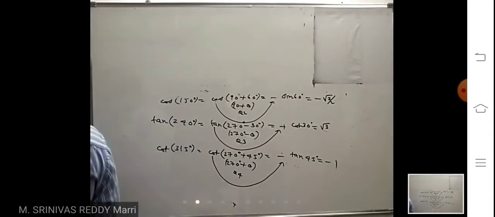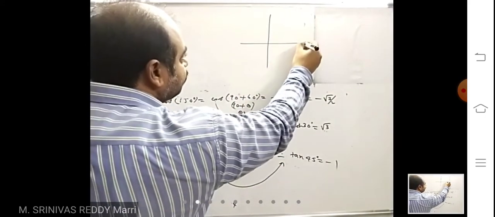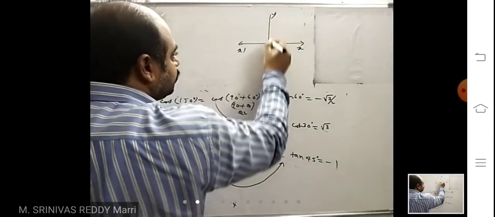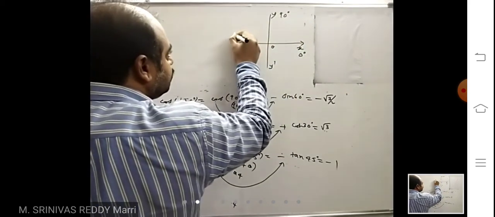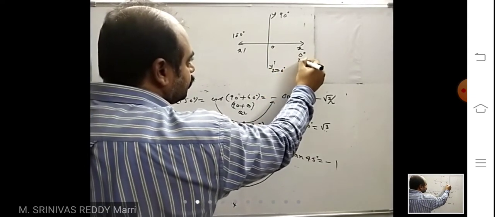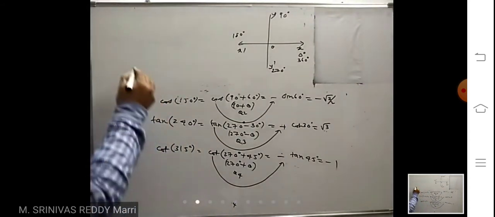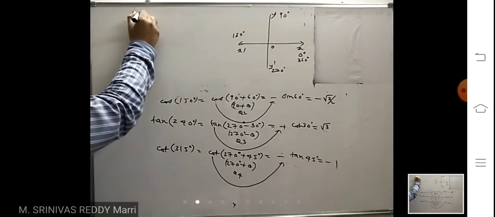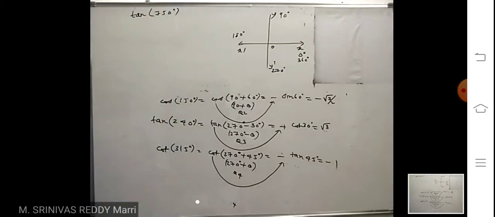Suppose, take an example, if higher angles are there, in which quadrant the angle lies, you can easily tell by using this quadrant diagram. Look at, always remember this is 0 degree, this is 90 degree. You have to deal with the problems with your IQ, not by heart. Look at, suppose you have to calculate tan 750 degree. Suppose a higher angle.